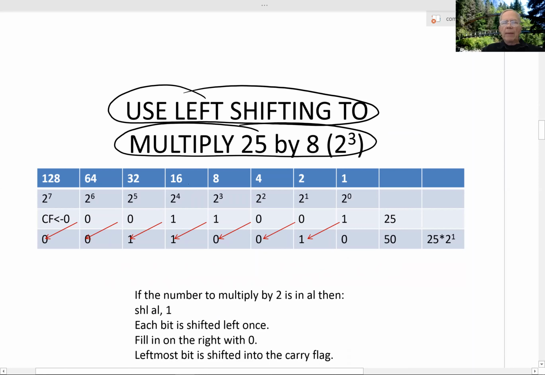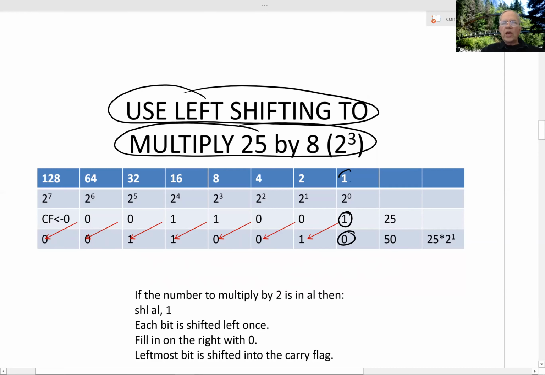Let's take a look at what happens here. So we're shifting left, which means the leftmost bit goes in the carry flag. All the other bits get shifted down to the left. We already talked about shifting left in a previous talk. And on the right, we fill in with zeros. But we note that with each shift, like this